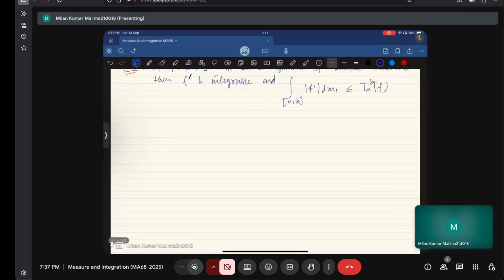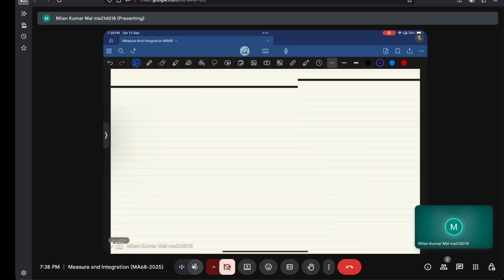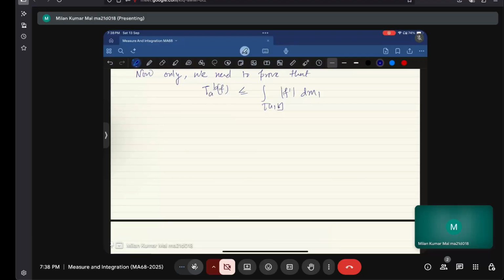So now we only need to prove that T a b f is less than or equal to the integral of mod f dash dm1. This will give the first part. Now for any partition,